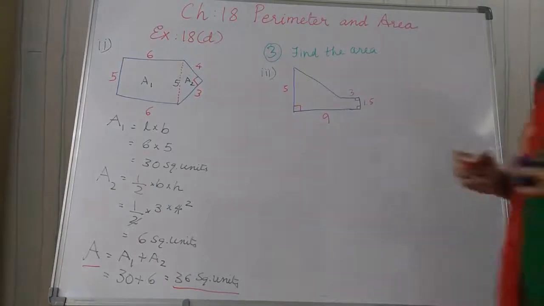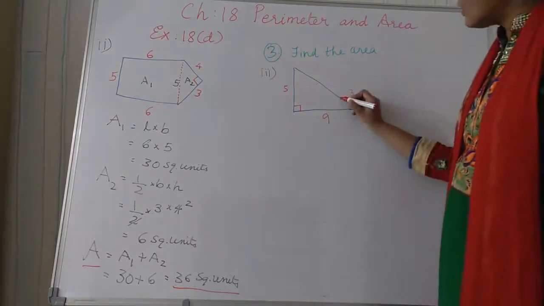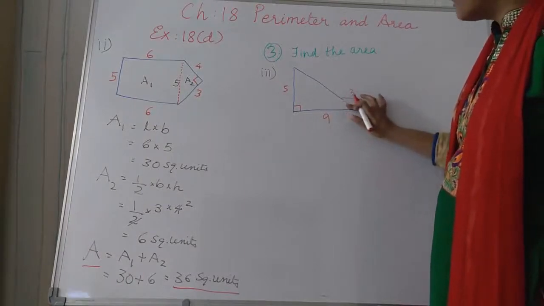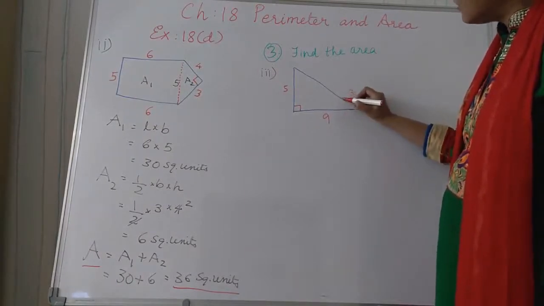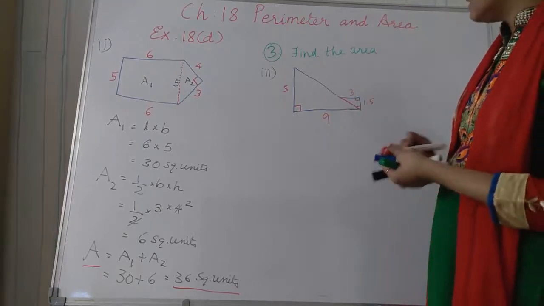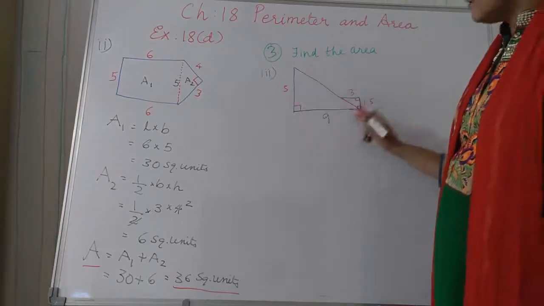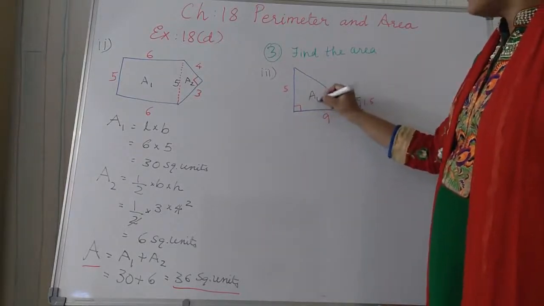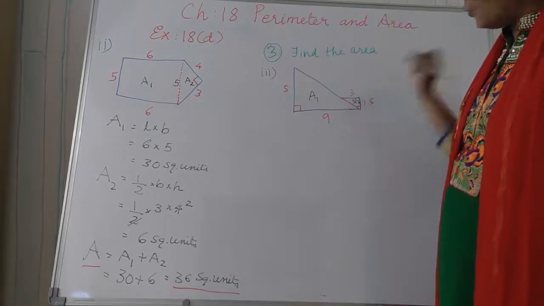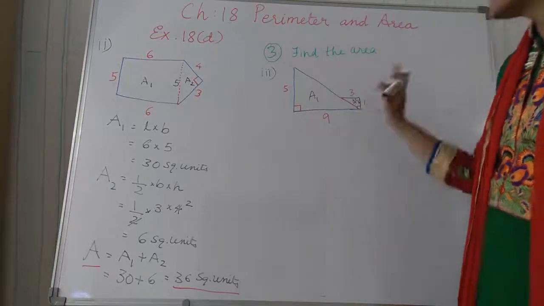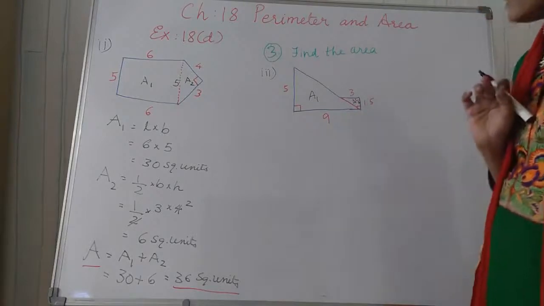So now students, let us join this part here. Actually not here, it will be joined here exactly. Right. So what happened? Here this is the one triangle. So this is A1 and this is the smaller part A2. Right. Now this is also a right angle triangle and the A2 part is also a right angle triangle.